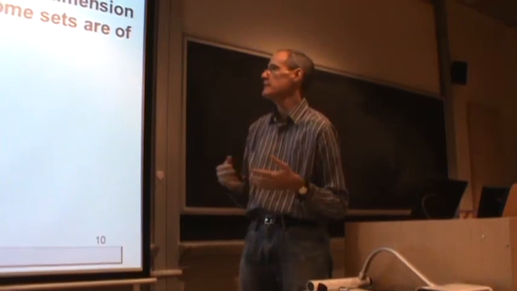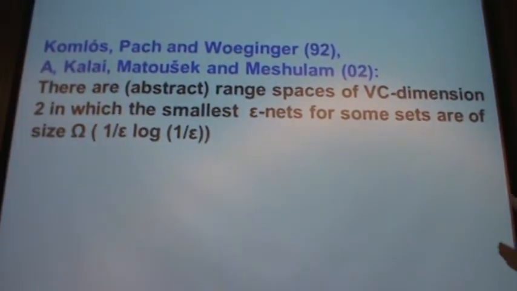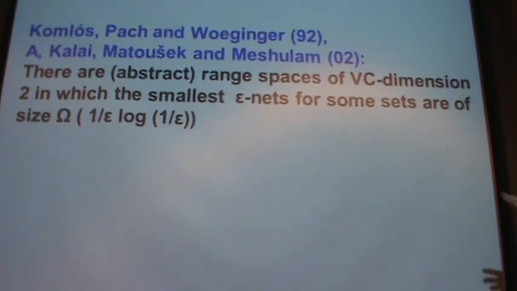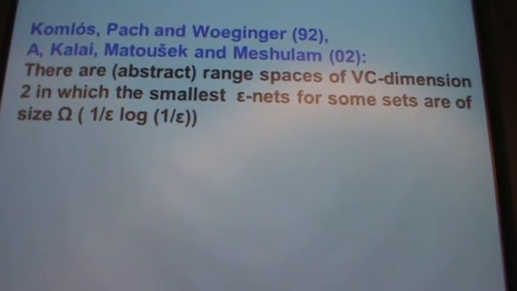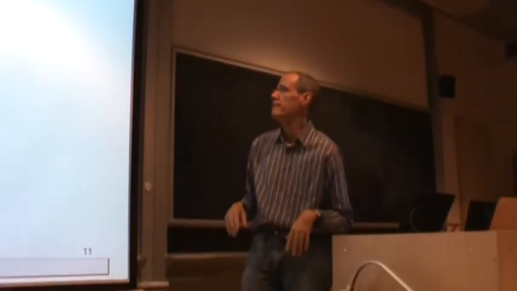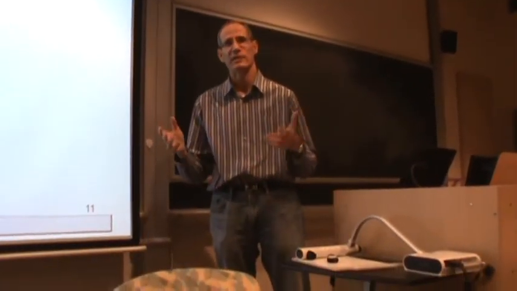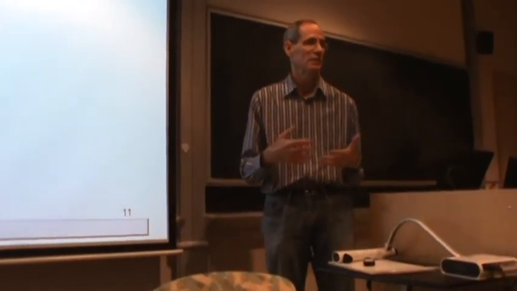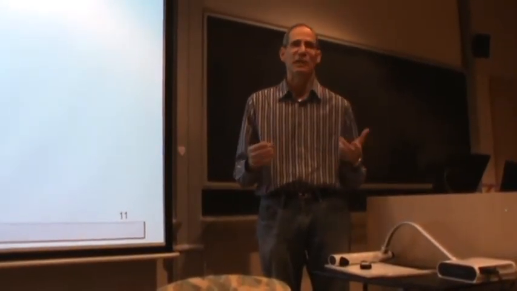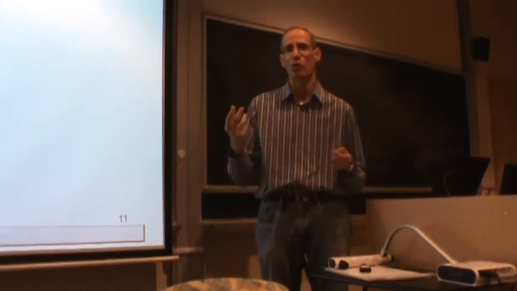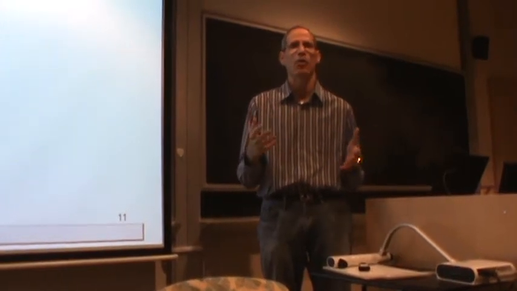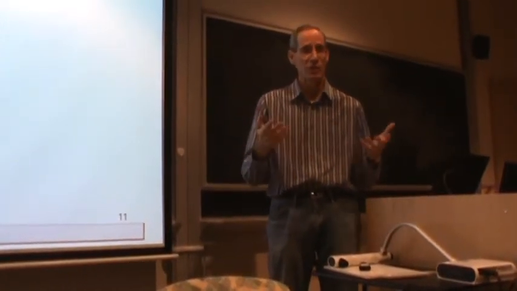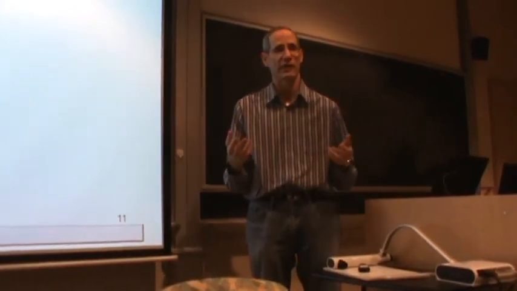And there the epsilon nets for some sets of points are indeed of size 1 over epsilon log of 1 over epsilon. So really that estimate that we had before in the theorem of Haussler and Welzl is tight for some examples. And people wondered if in geometric situations, because many of the applications of these are in discrete and computational geometry, we need this log of 1 over epsilon term. So somehow the 1 over epsilon, we basically need it in all interesting examples. And the question is, do we need this extra log factor?